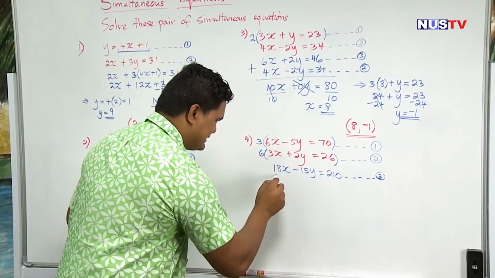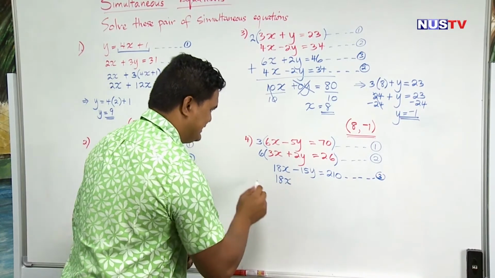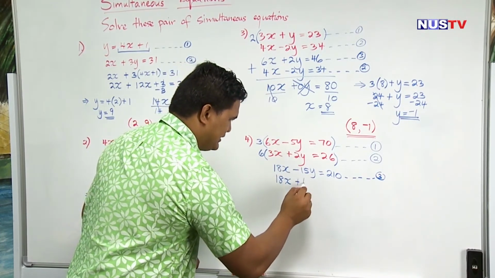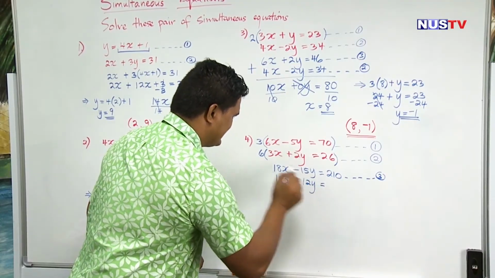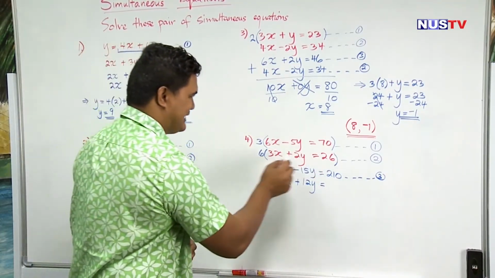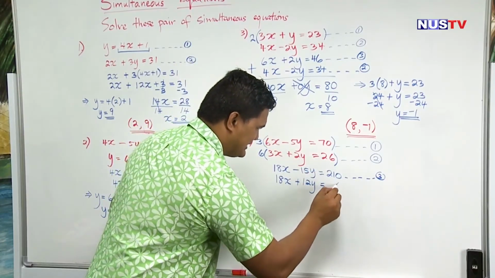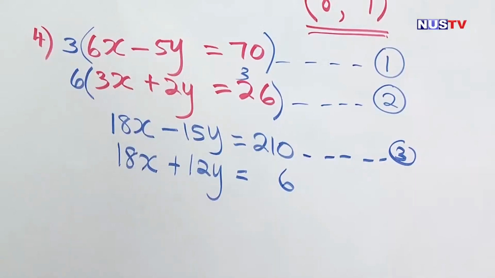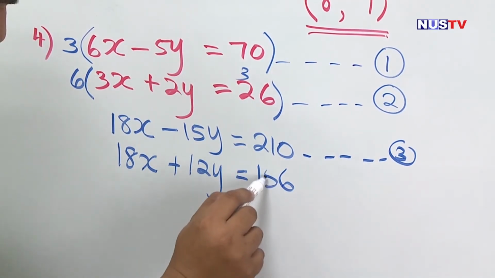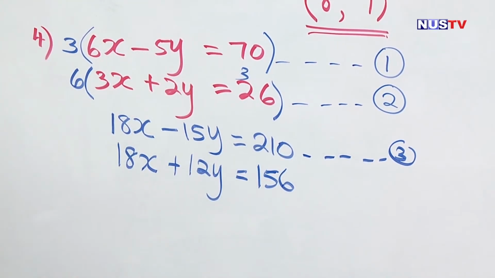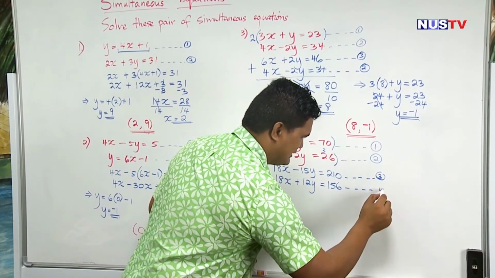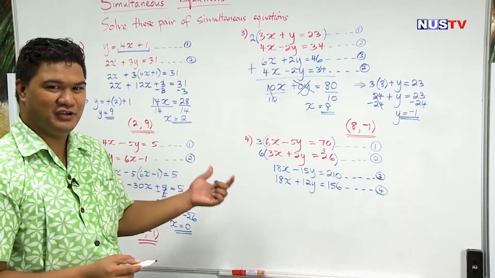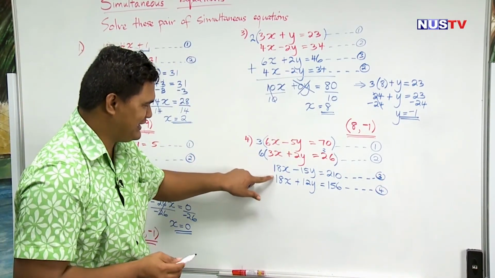6 times 3x is equal to 18x. 6 times 2, that will be 12y. And 6 times 26, so 6 times 6 is equal to 36. So 6 carry 3. And 6 times 2 is 12 plus 3 is equal to 15. So now this one is 156. After doing our calculation there, now we can observe that the coefficient of x here is now the same,